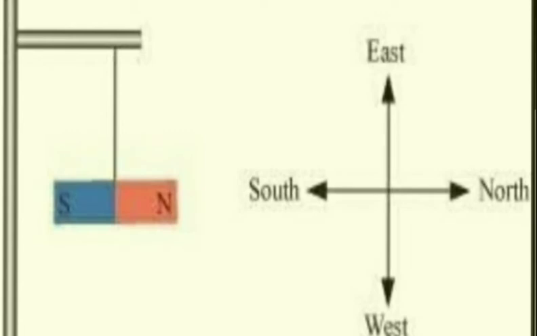So this is something very interesting. It doesn't matter even if you rotate it in some other direction, after some time it will align itself in the north-south direction. So, looking at the orientation of the bar magnet, you can decide which is north, which is south, which is east and which is west.